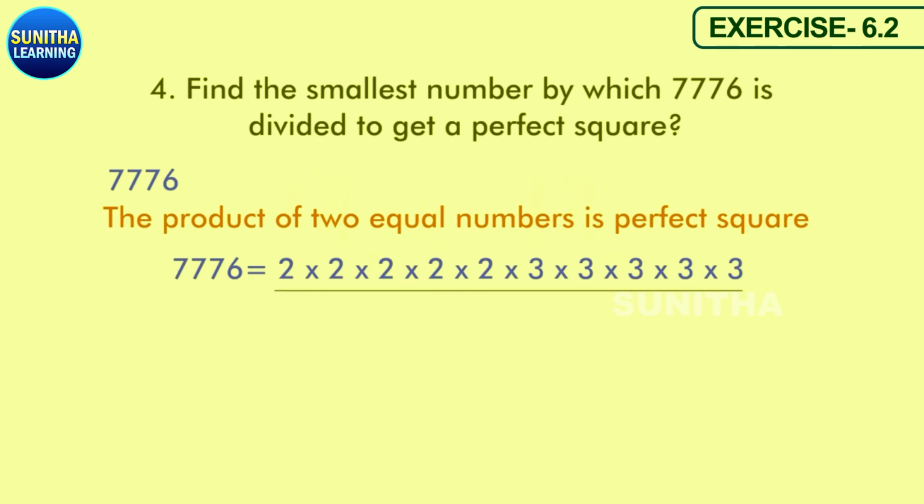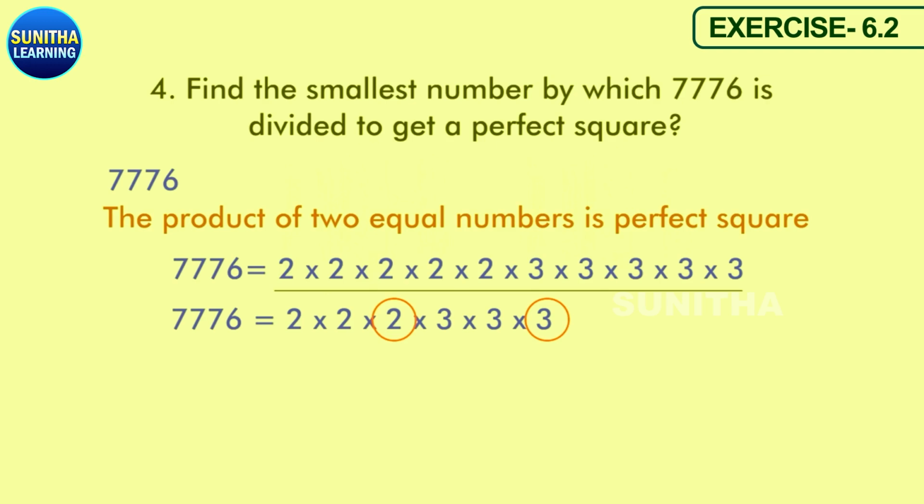When you group them as pairs, 2 twos you can group, another 2 twos you can group. Now we still remain with 1 two. Now match the threes. 2 threes we can group, another 2 threes we can group. Now we are left with another 3. Now here we have to divide. So other than the equal pairs, the remaining number should be divided. So what are we dividing now? What we remain with as single numbers, that we have to divide.